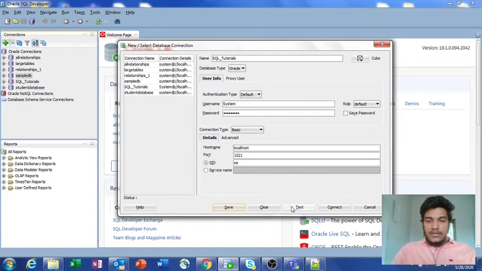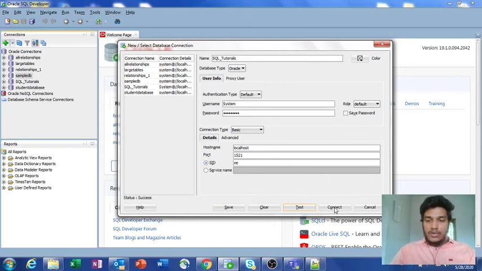If I test it and it results in success, then it is a successful connection, which means the database is successfully created. If it is not a success, it will show some error. If you don't have Oracle Express Edition installed in your local system, it will show an error like network adapter not found, some license issue, or some type of failed connection in the status here. I am clicking on the test button here, and if you observe, it is showing the status as success. Now the database is successfully created.